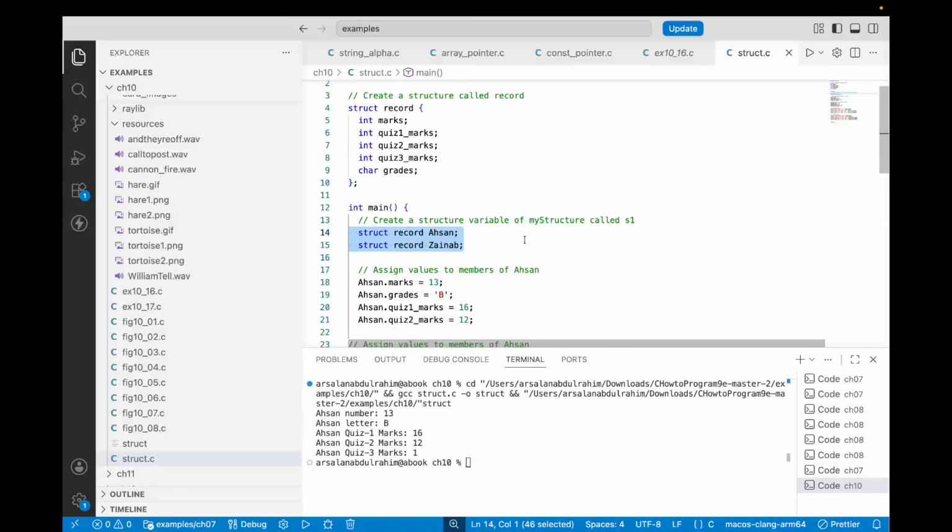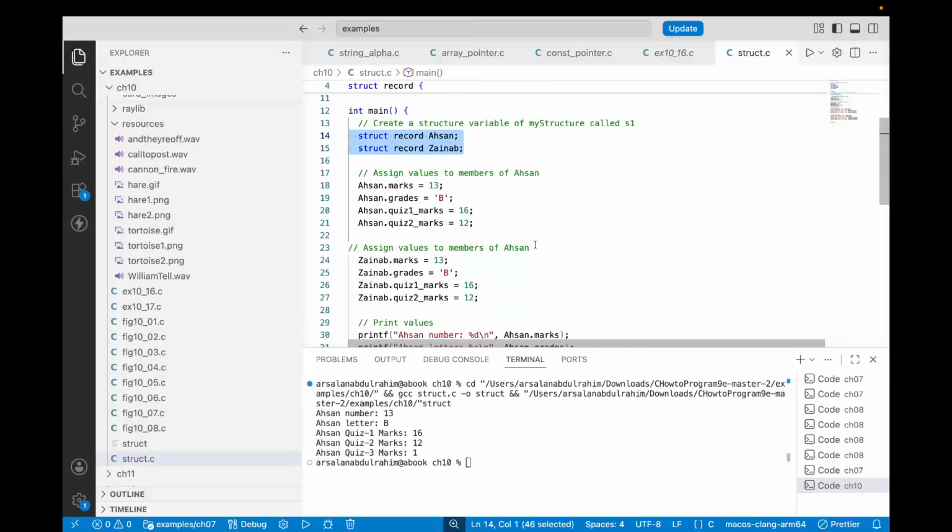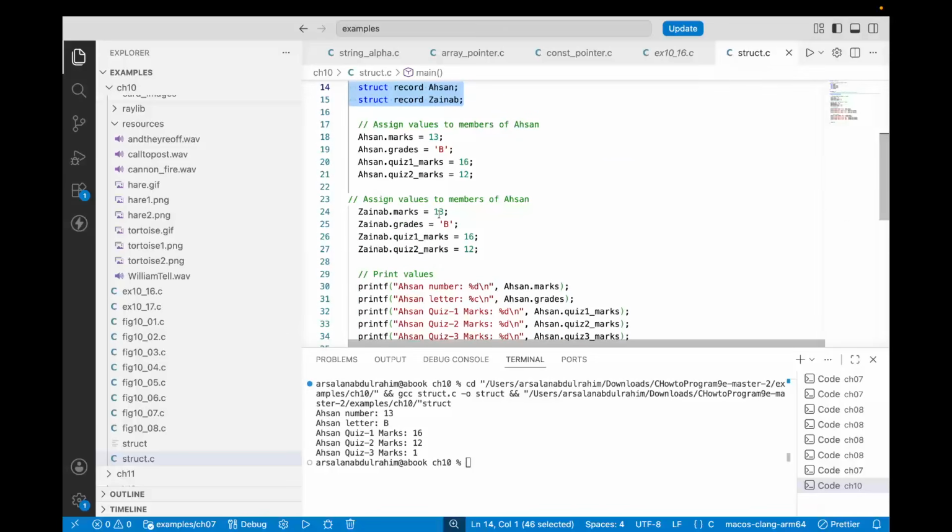They're two different students based on their name. I've called it, and now I have assigned them the same values. I can change these values over there. Let's say Zainab has a little better score on the marks side. Maybe in the quiz, she has also scored over here. And then say, just print it. You can see now